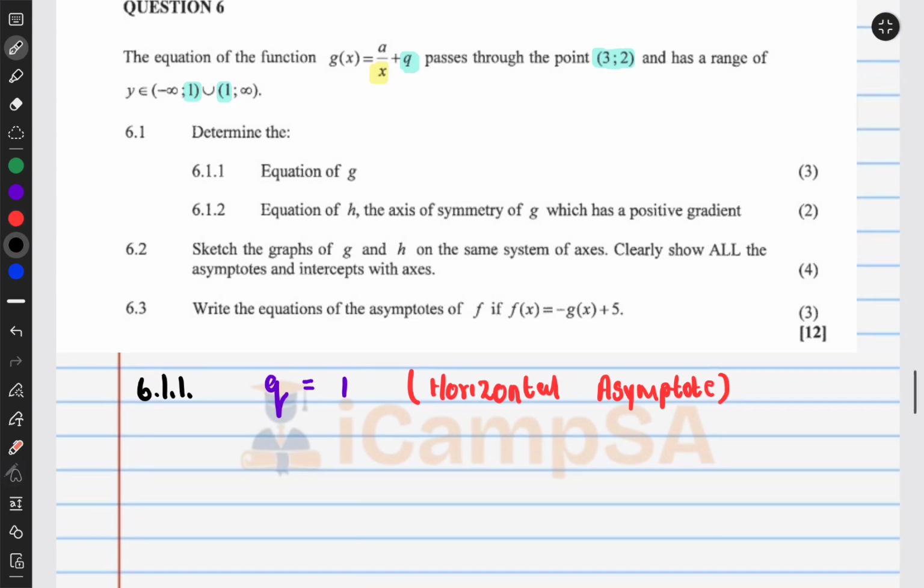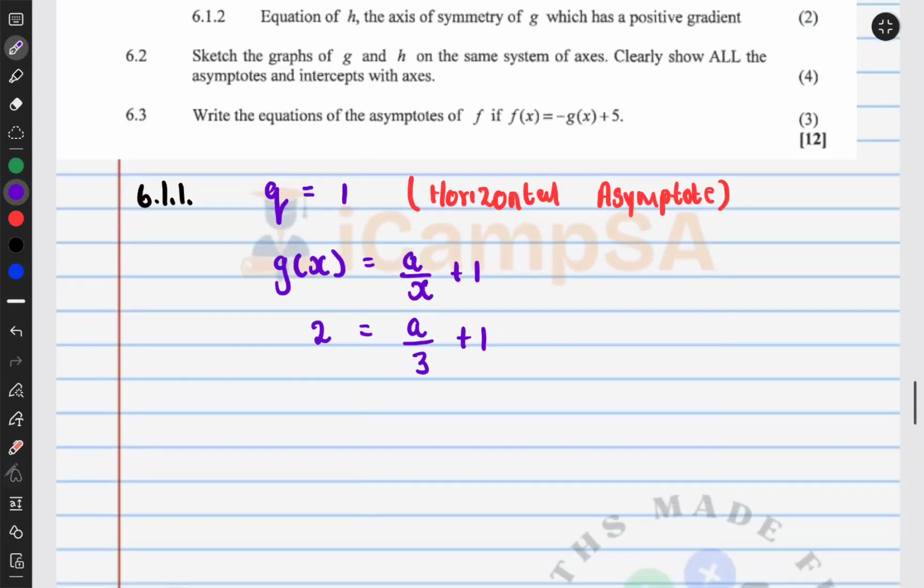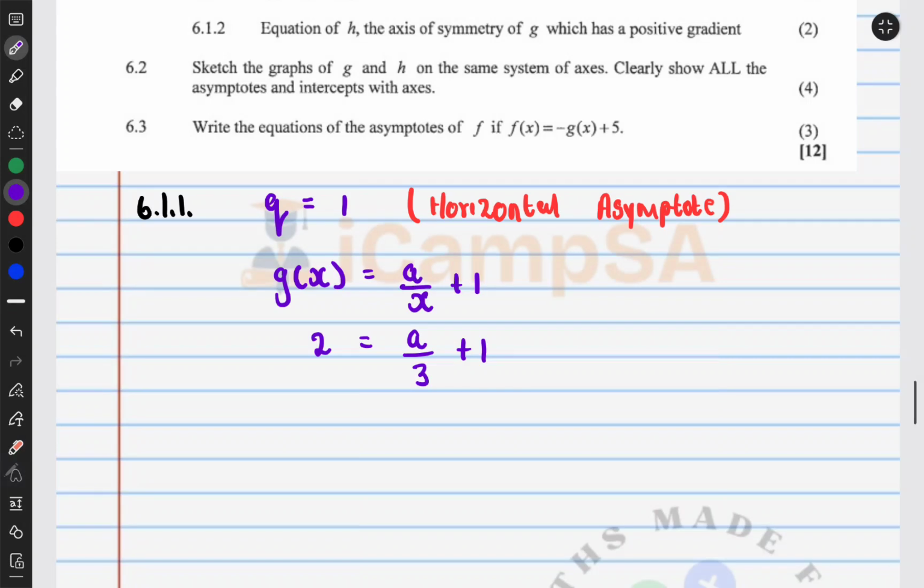Okay, and then let's go ahead and find the equation. It passes through point (3, 2), so g(x) is equal to a over x plus 1. Let's substitute the coordinates of (3, 2). So 2 is equal to a over 3 plus 1. Let's solve for a. Take the 1 to the other side. It's going to be a over 3 is equal to 2 minus 1, which is 1. 3 multiplied by 1 is 3. Therefore a is equal to